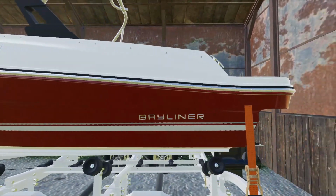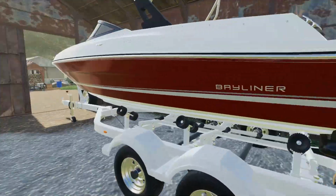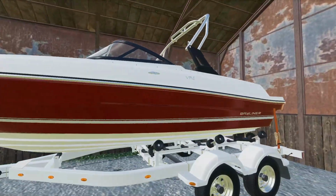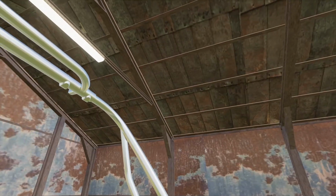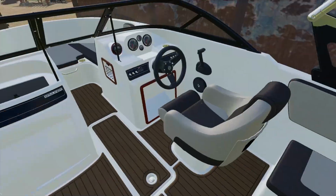All right, what is this? This is a Bayliner. Kind of reminds me of Storage Wars, to be honest. Y'all have ever watched that show? Basically, they buy abandoned storage units, and, well, they find stuff like this all the time. Dang. I'm surprised there's no water damage, considering the state of the roof on this. It's a little bit dusty, but nothing too bad. Imagine there's mice in here, but...